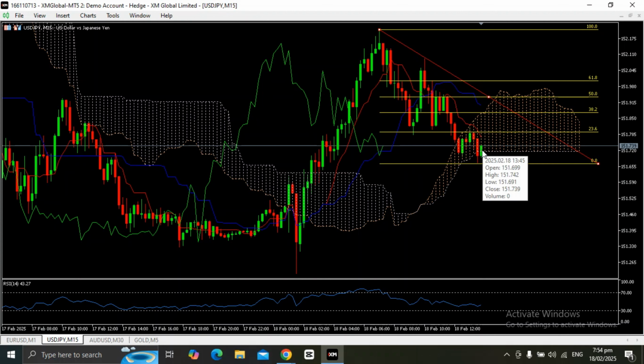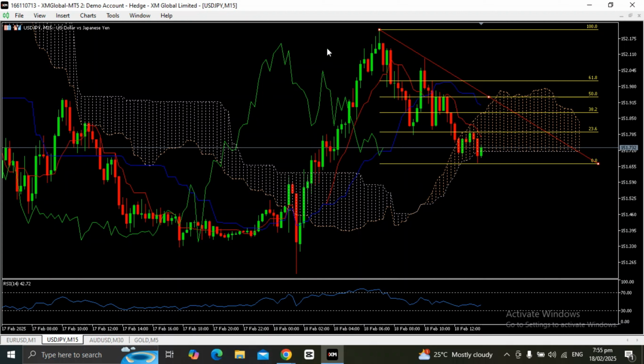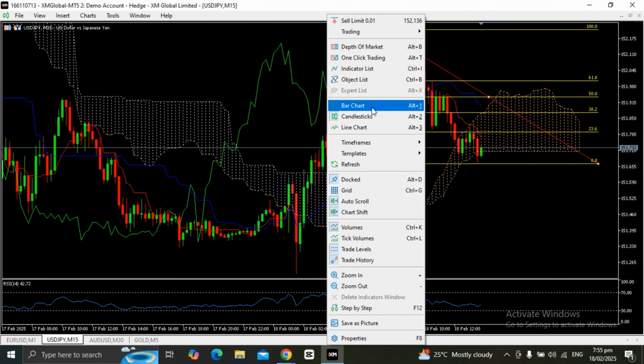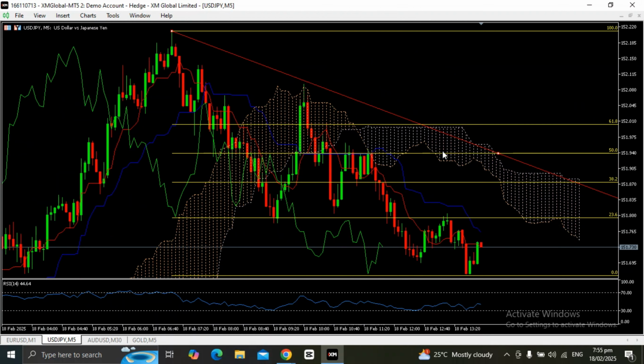Okay, so looking at these two candlesticks, it seems that the buyers are moving the price up compared to sellers who are moving the price down. So it's a buyer's market at this point. But this is very short because we are just looking at a 15-minute chart. You can also check the 5-minute chart to see what might be the trend. Okay,